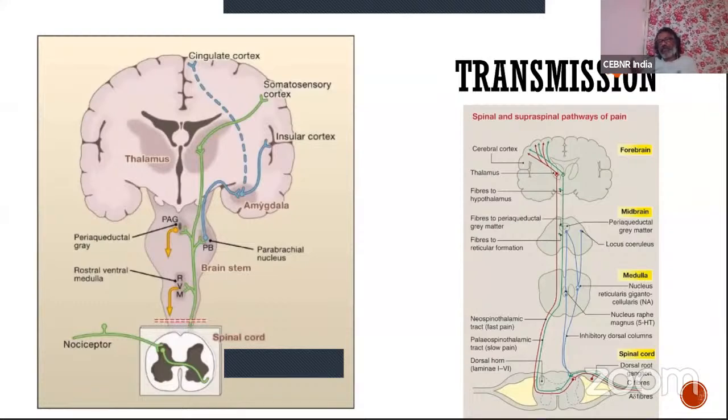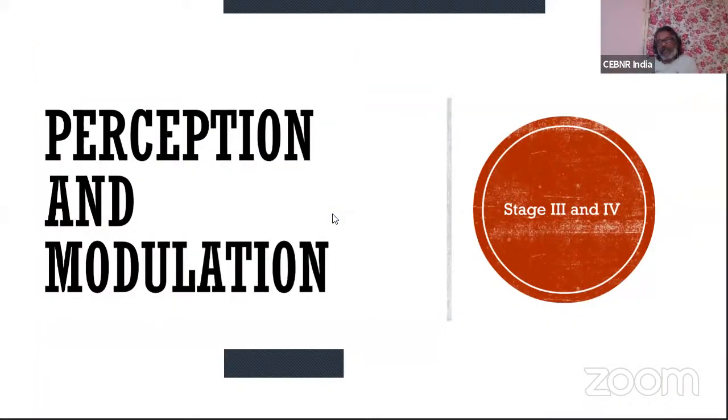The brain has to decide whether you have pain or no pain, whether you have pain in your right leg or left leg, and whether it is painful when you are sitting or getting reduced when you are sitting. All these things are decided by your brain, not by your back muscles or your ligaments or whatever it is. So that is the last part of it: you want to perceive and you want to modulate the pain. What I mean by modulate is change it.